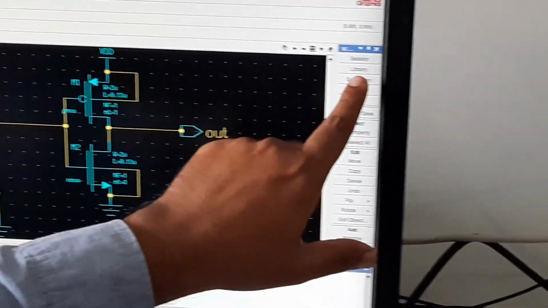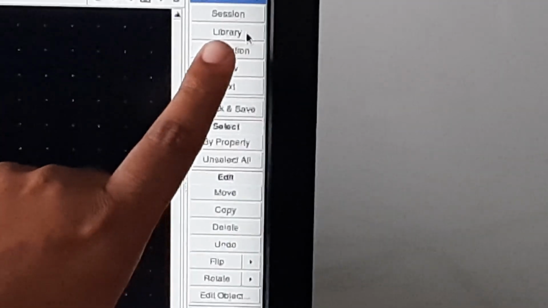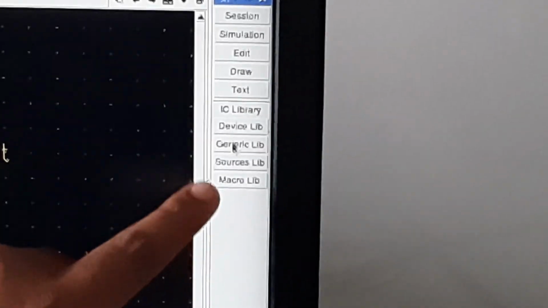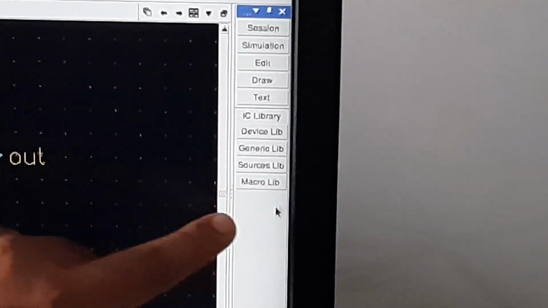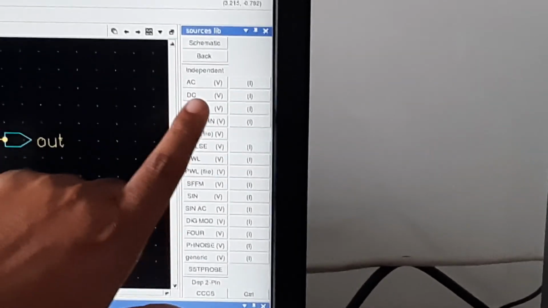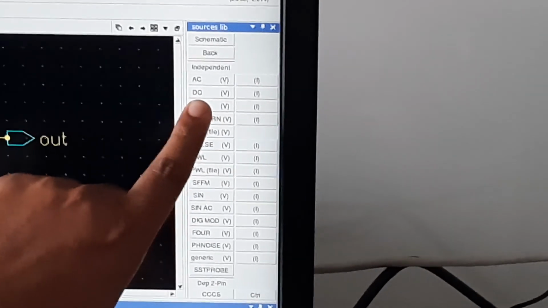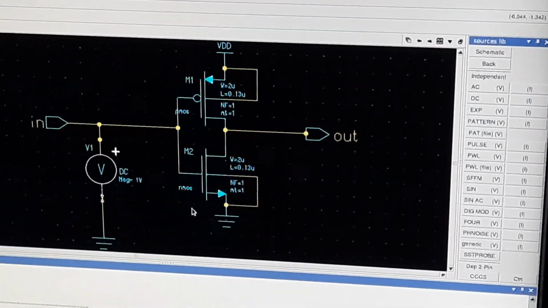You go to the library. On the left side there is a menu, this is the library. After that you click on generic, and click on source lib. Many options are there, but my requirement is a DC signal. I apply the input as a DC signal. You click on this and put it here.